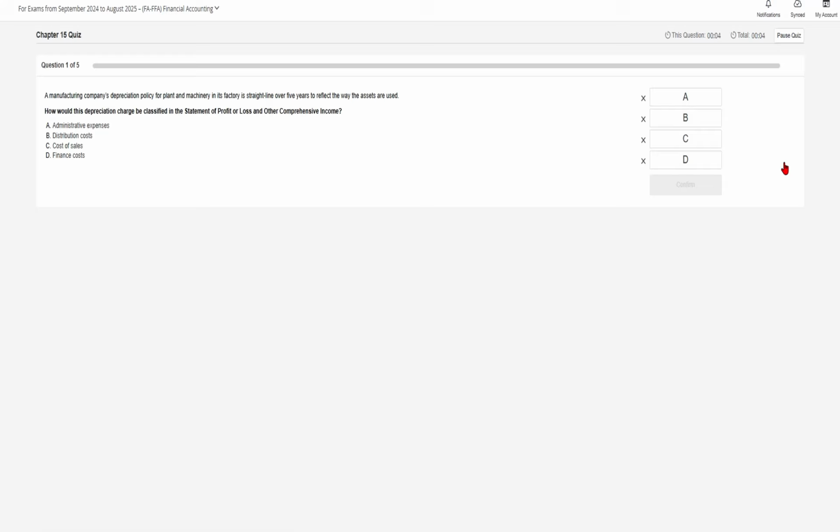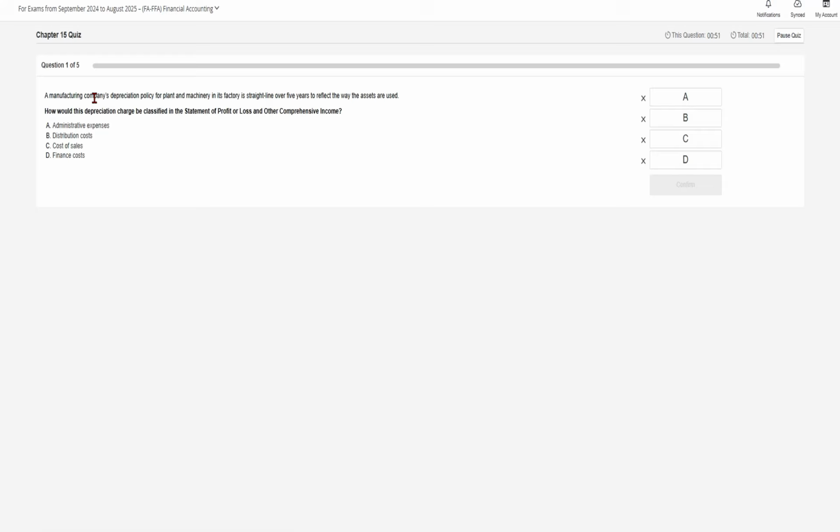Okay. The first question is: a manufacturing company's depreciation policy for the plant and machinery in its factory is straight line over 5 years to reflect the way the assets are used. How would this depreciation charge be classified in the statement of profit or loss and other comprehensive income? As this company is a manufacturing one and decided to reflect the way the assets are used, the depreciation policy for the plant and machinery will be based on how those assets are used. As the asset is used for manufacturing purposes,